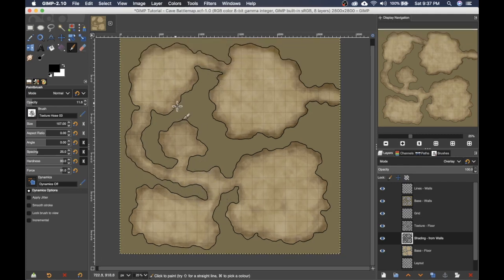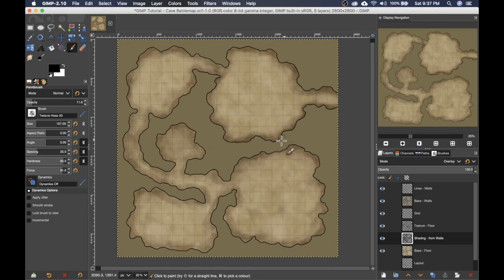You'll notice if you're paying attention, I shaded this room itself a few times over, just because I've decided that room itself is going to be a bit darker than the rest of them. So yeah, there you have it. You got texture for the floors, you've got shadows as a result of the walls. When you're done shading all the walls, adding shadows to it, if you find that there's certain areas that are too dark, rather than going back in and erasing and starting over,